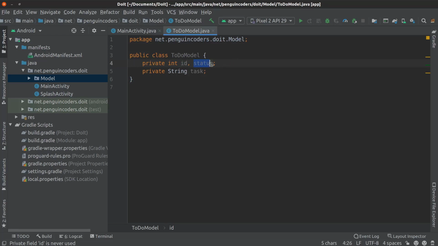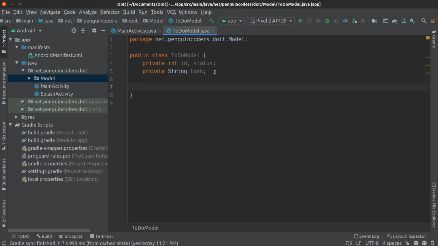And then we have status. Status is a Boolean variable, checked or unchecked, but in SQLite we can't use the Boolean data type, so I have defined it as an integer variable, and we will be using 0 for not done and 1 for done. And private String task: the task is the actual text of the task which you will write in the application. So these are the variables.